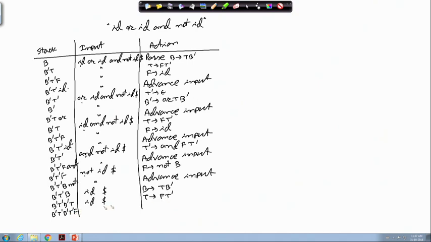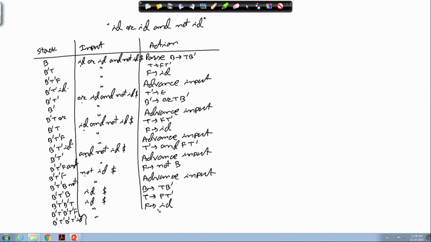This T goes out and this T dash F comes to the stack and the input remains unchanged. Now, I have got F and ID and F and ID will tell me to go by F producing ID. So, this will be modified to B dash T dash B dash T dash ID, input will be this one.